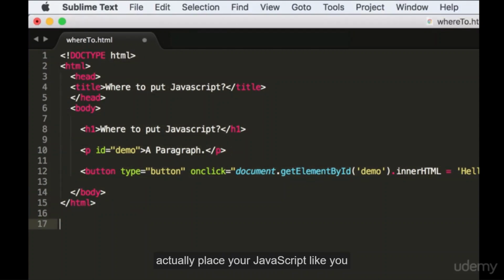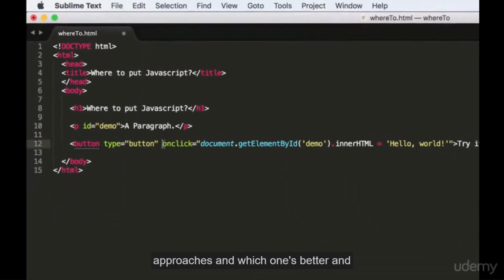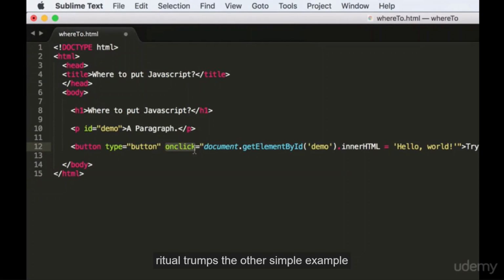Like you can place your JavaScript in the head section, which is out here. You can also place it in the body section, which is again here. And you can also place it in an external file and then reuse that file from your HTML page. Now I'll show you how to do this in all three approaches and which one's better and which one trumps the other. Simple example, we just had an on-click action or an event,